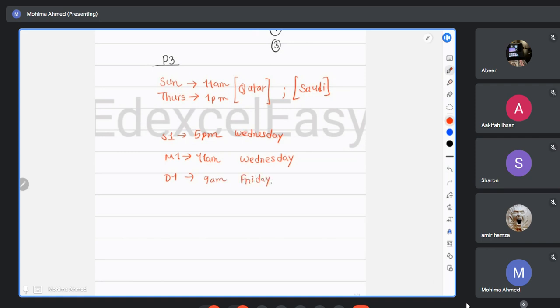For the entire June month, I will consider taking one class per week for M1, S1, and T1, by the way. From July onwards, we have to increase the class timings to 2 days a week. Most probably, we are going to have classes on Saturday also for S1, M1, and T1. For T1, I will increase the class duration. For Friday, we're going to have a 2 hour class at one time. So if we start from 9, we'll end at 11 for Sharon.